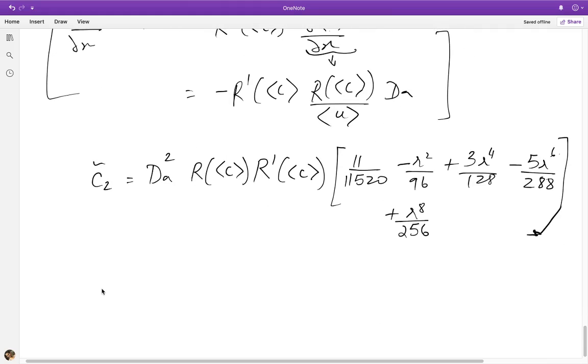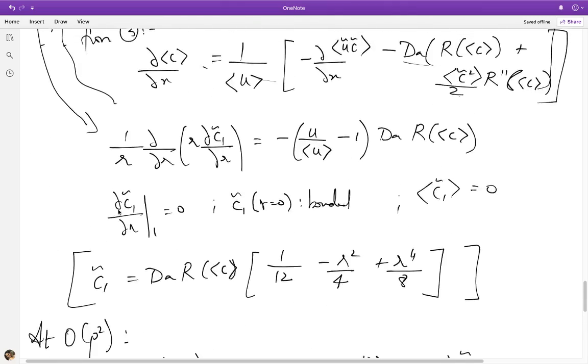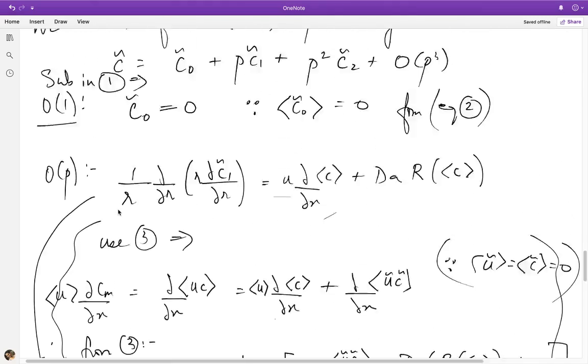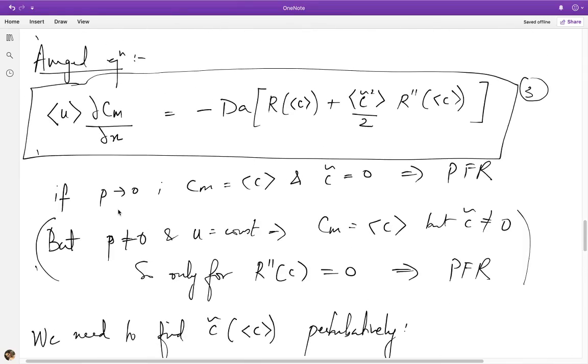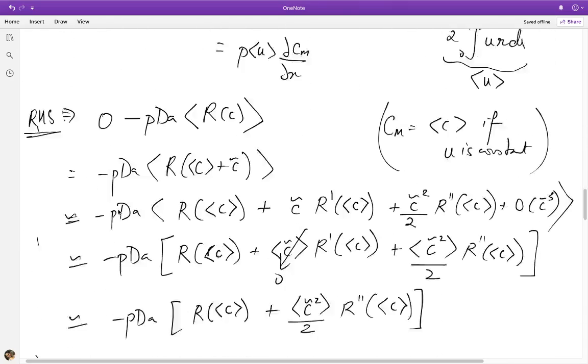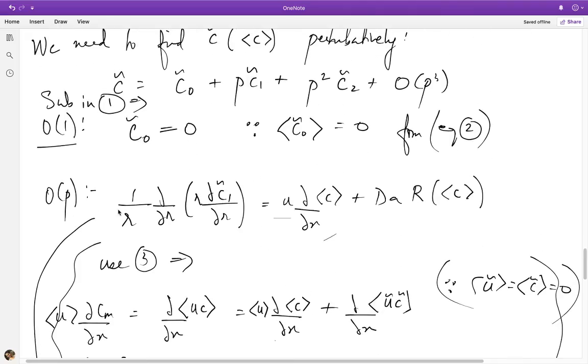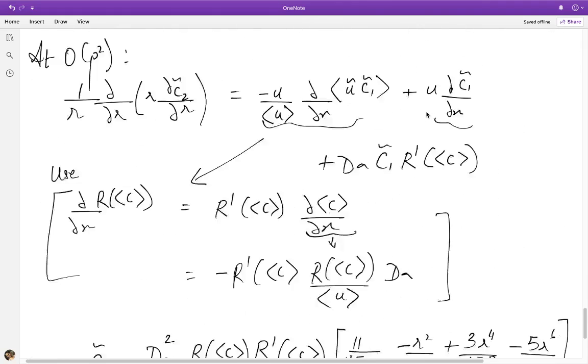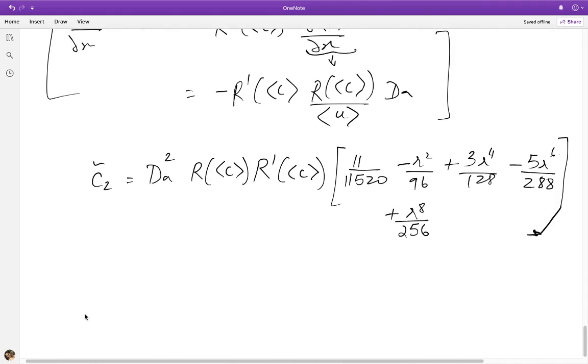Okay, so now I'm in a position to write out how C cup mixing average is related to the cross section average, using this fact, because I now have C tilde up to order P squared, right? So this is again something we did in the previous lecture. So Cm